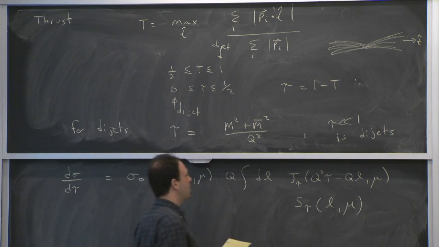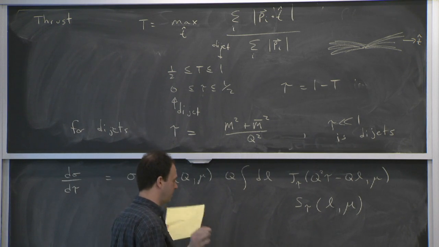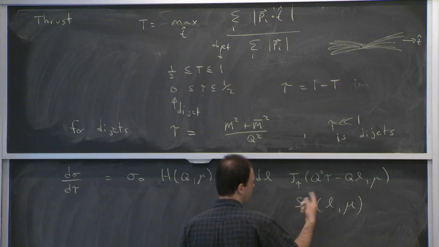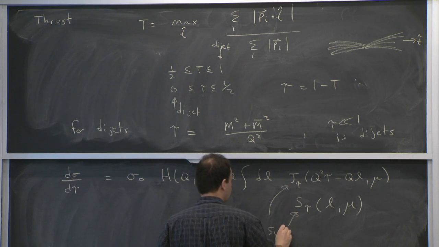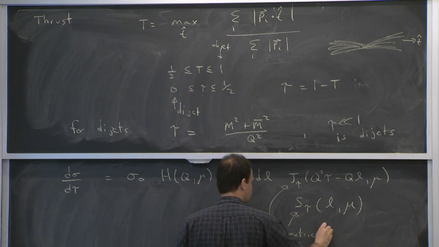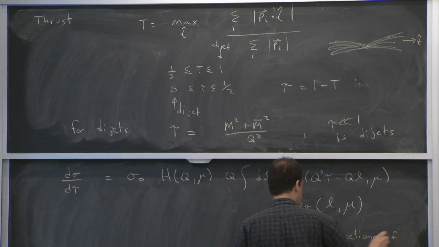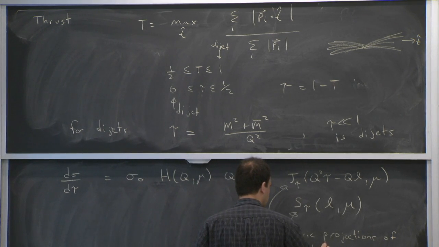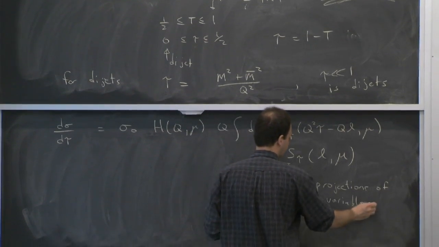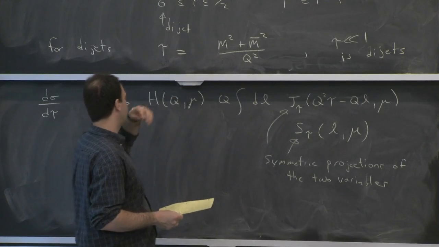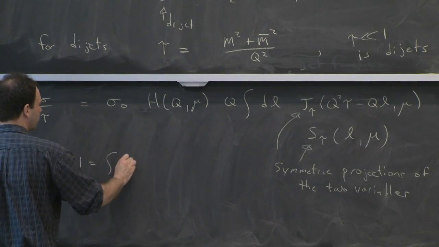So what happens to the two jet functions and the soft function that had two variables is that they get projected onto their symmetric projection of the two variables. So we had two variables before, and now we have one variable, and it's like a symmetric projection, and that just follows from this formula. So literally, to get this result, we would just do the same trick we did before. We'd say,